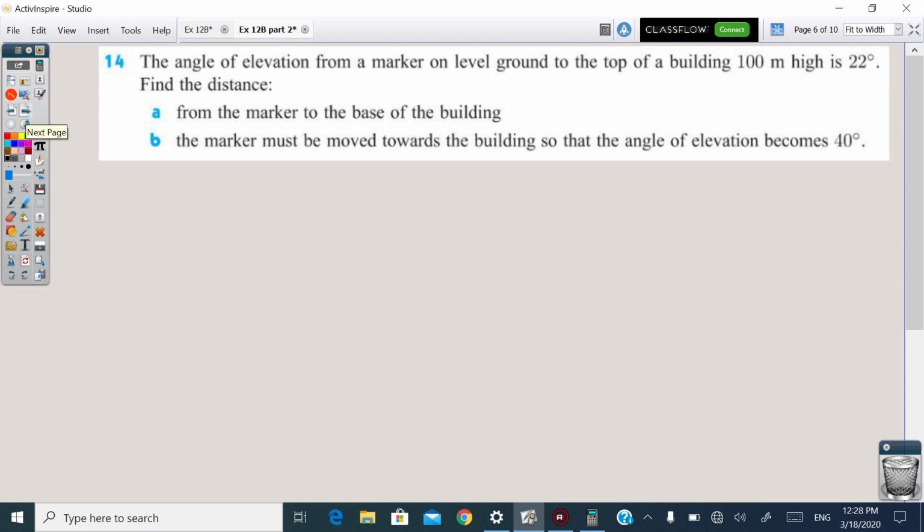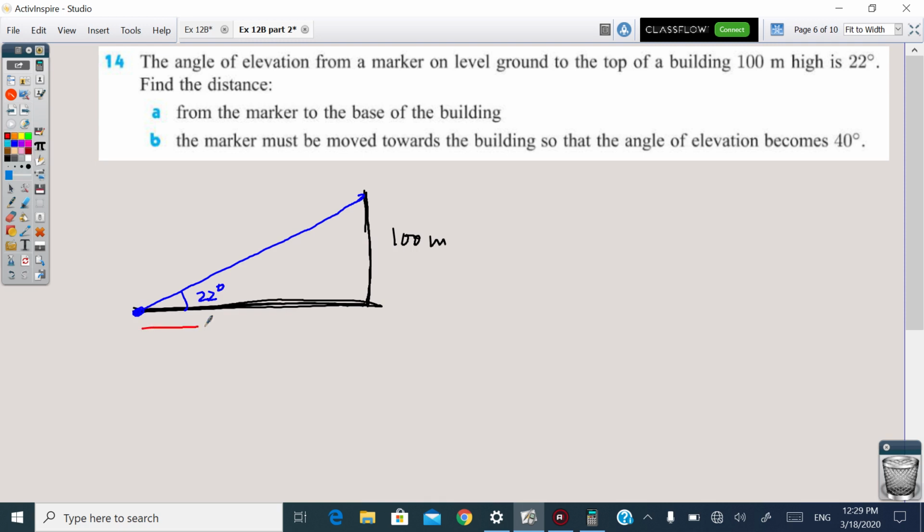Now, the angle of elevation from a marker on level ground, so we have horizontal ground, to the top of a building 100 meters high. So this is the building, and it's 100 meters high. Is 22. So the angle of elevation is 22 degrees. Let's say that's where the marker is. It's right here. So we want to find the distance from the marker to the base of the building,